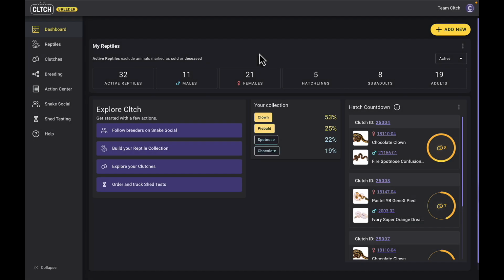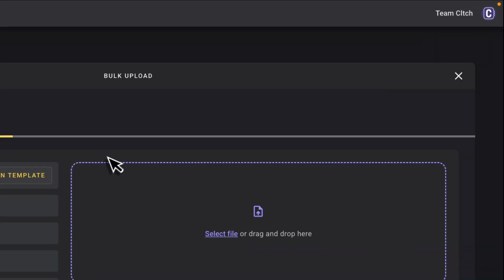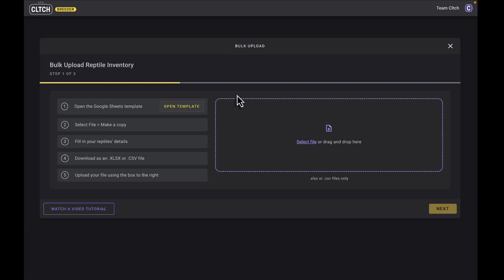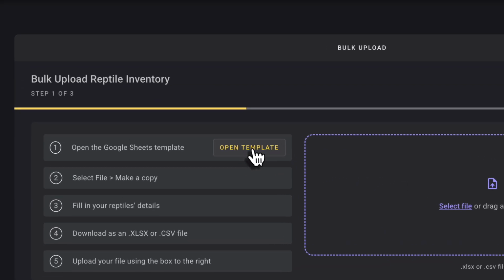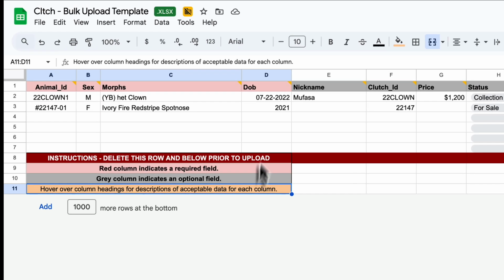Today I'm going to show you how to perform a bulk upload so you can add multiple reptiles to your collection all at once. From any page where the Add New button is present, click there and then click Bulk Upload. So the first thing we're going to need to do is open up the Google Sheets template for the bulk upload. So I'll click Open Template, and you can see that there are several columns here